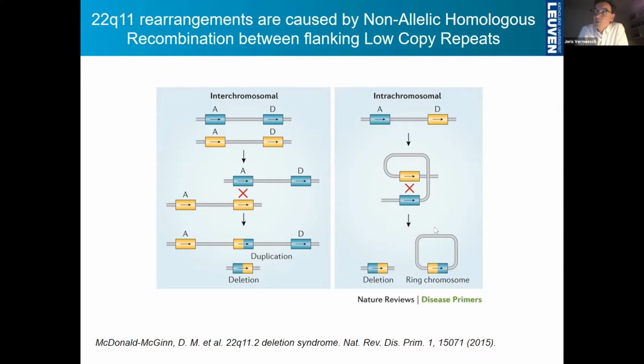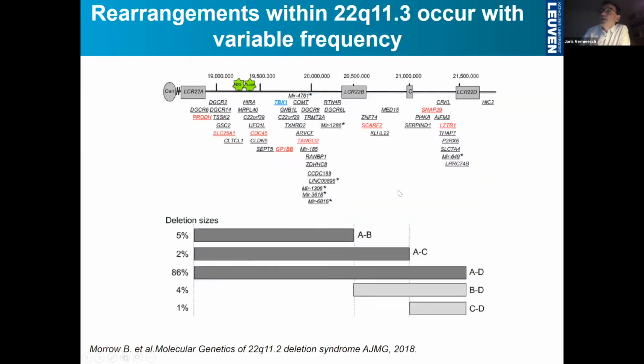Why don't we see more duplications? The phenotype is less penetrant and less prominent, and therefore duplication carriers are less often coming to the clinic or genetic clinic. This was mentioned already. So if we zoom in,